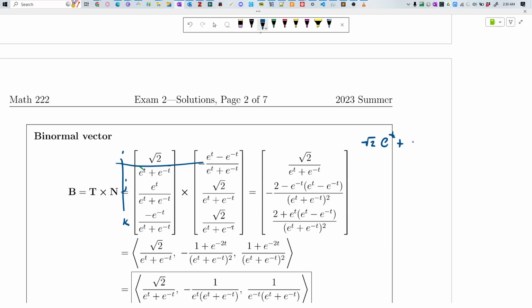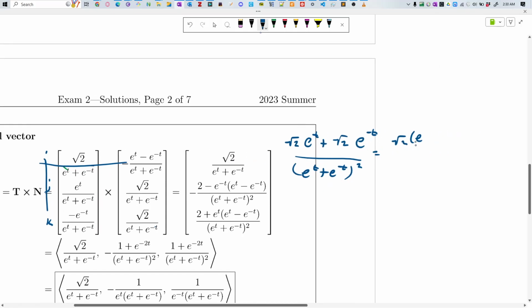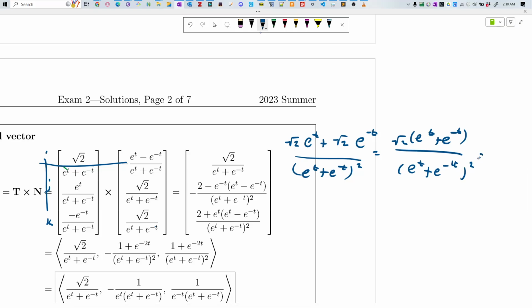plus root 2 e to the minus t all over e to the t plus e to the minus t quantity squared for the first term. And then notice that if we factor out a root 2, we get a cancellation with the denominator. Yeah, e to the t plus e to the minus t quantity squared, which does indeed give us this first component function. If we instead focus on the j,